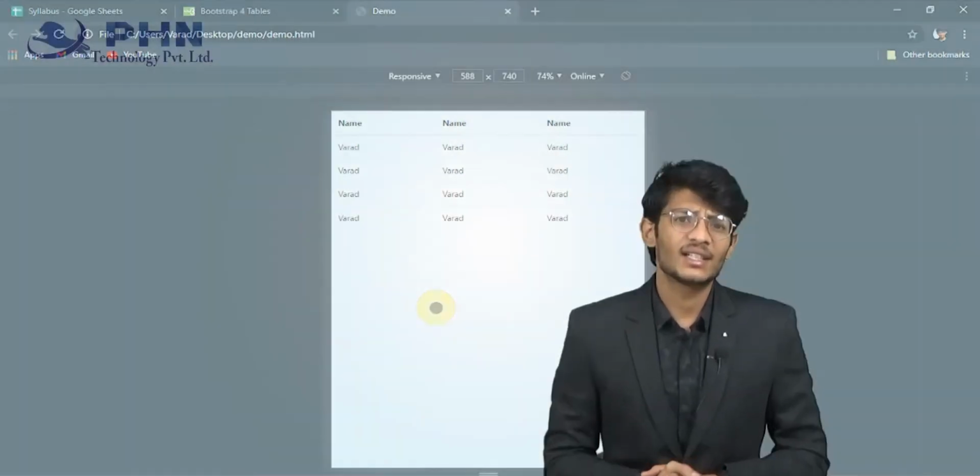So in this tutorial we saw all the basic tables: table striped, bordered table, hover table, dark table, borderless table. We also saw that tables can use contextual classes with all the colors, primary, secondary. We saw how to change the thead of a table, and lastly we saw the responsive table, how to use it and what the classes for it are. We will see some more things about Bootstrap 4 in upcoming sessions.